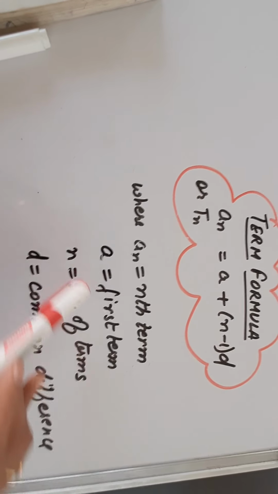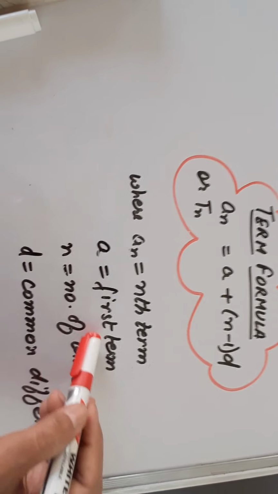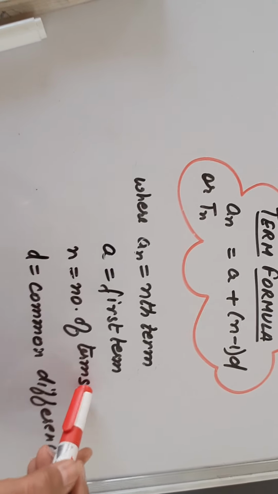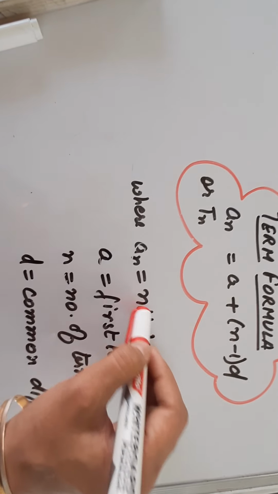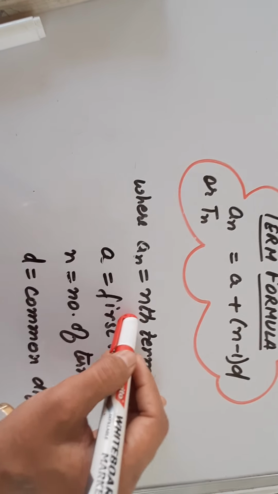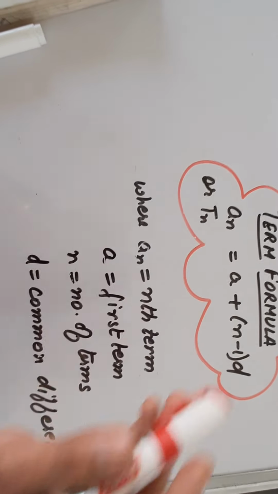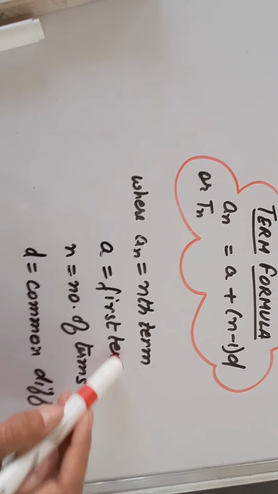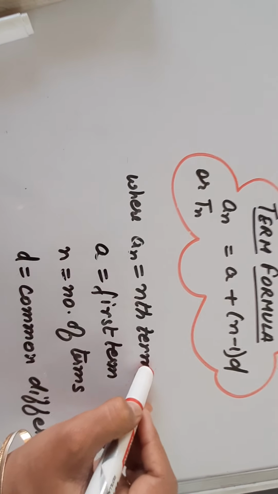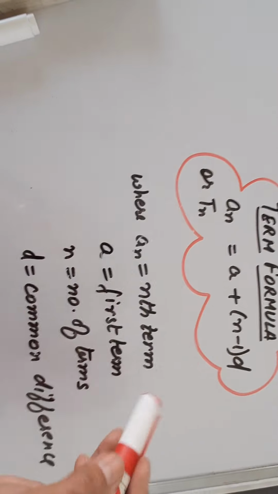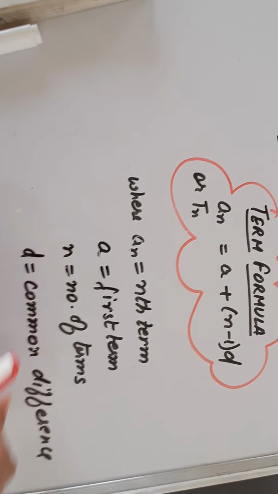Here you have to see the difference between n and the term. If the word "terms" is written, for example there are 9 terms in the series, that means n is given to you. But if it says nth term, or third term, fourth term, 21st term, then that is An given, always remember this, right? If "terms" comes, it means that is only n. But if the word "term" is said, then it is An, because this is the confusion which you will face in the exercise. Now this is the common difference.